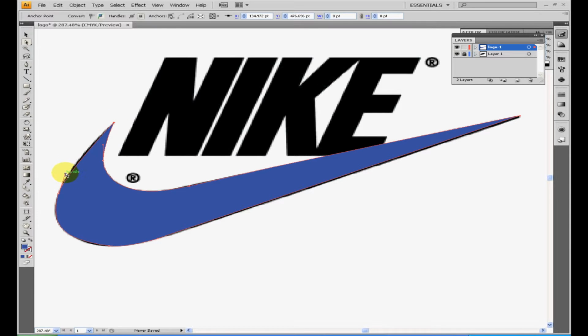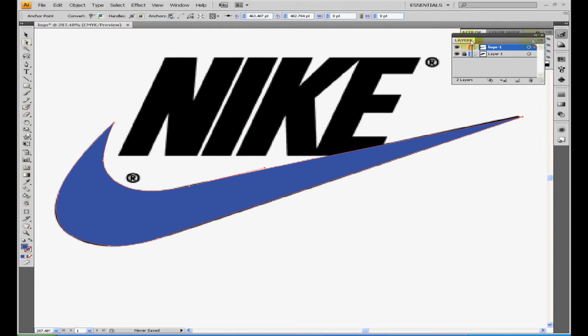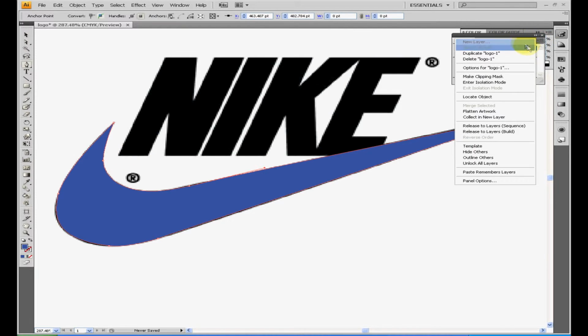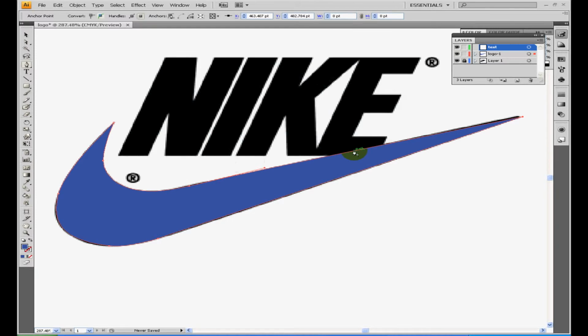If you remember, Photoshop uses pixels, so when you scale something it can get pixelated, where a vector based, no matter how you scale this, similar to a PDF file, it's going to remain editable, and it's not going to get pixelated. So then once I do the initial logo, I'm going to go ahead and create a new layer. It helps to have layers, that way you don't have to worry about messing the original layer up. And I'll call the new one Text, and I'll go ahead and lock the logo,